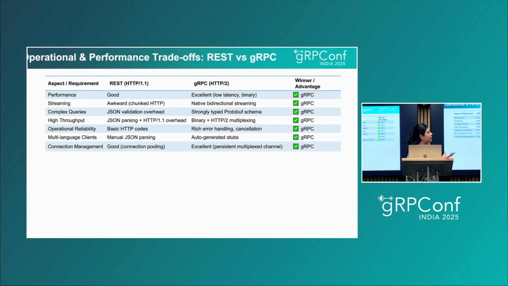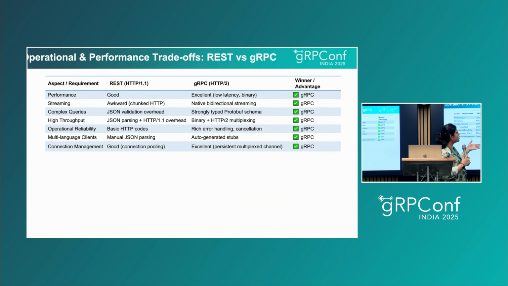So for this, we try to compare and come up with certain metrics that anyone who's trying to decide between a REST and a gRPC-based service could take into account. And here, all these metrics we've tried to evaluate based on how we've deployed our service. So for us, these are certain metrics for which gRPC was doing better. So performance, streaming, complex queries, high throughput, operational reliability, multi-language client support, and connection management is where we saw gRPC